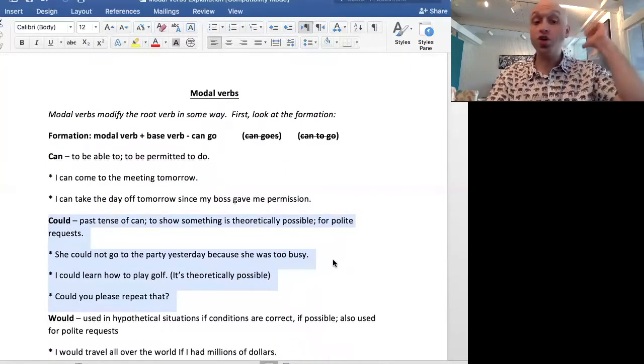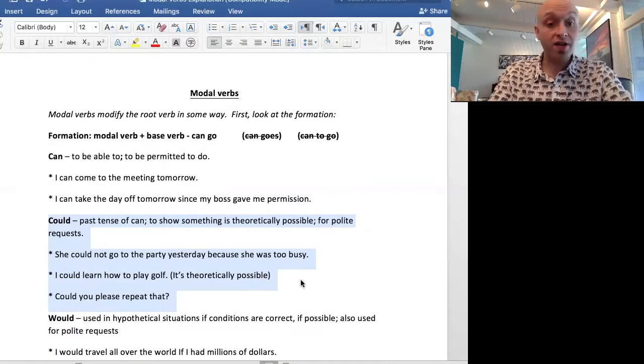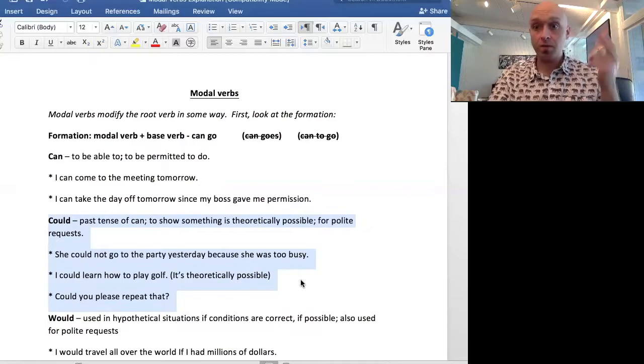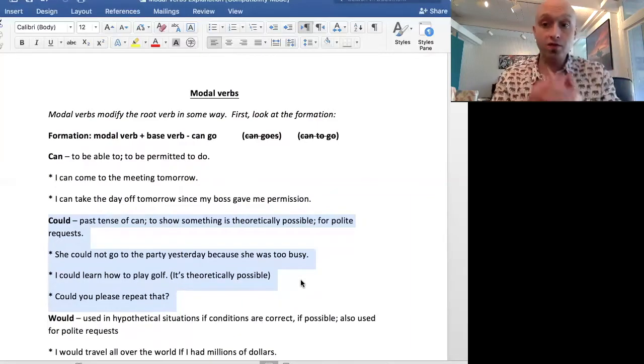Exemplo, she could not go to the party yesterday because she was too busy. Passado. I could learn how to play golf. É possível. Tipo, se eu fiz aulas e peguei um treinador, I could learn how to play golf. E finalmente, could you please repeat that? Que é um jeito educado de falar